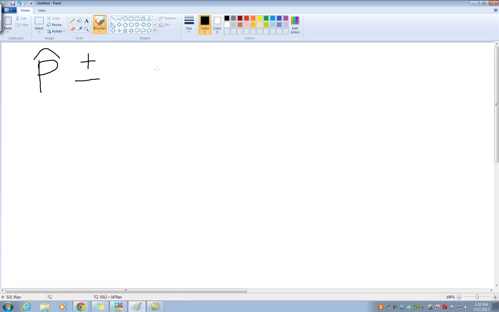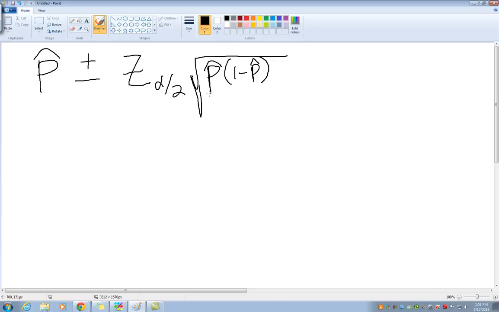And this margin of error, or maximum error of estimate, is given in the case of proportions by some sort of multiplier called z sub alpha over 2, and we use p hat times 1 minus p hat. And I did not make this deep enough because we have to take that product and divide by n. Okay, so that is our interval estimate, and we supposedly can get this from the data, right?